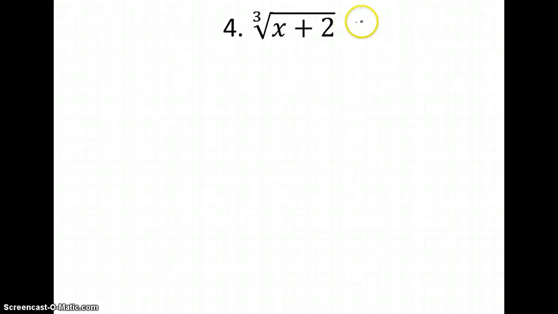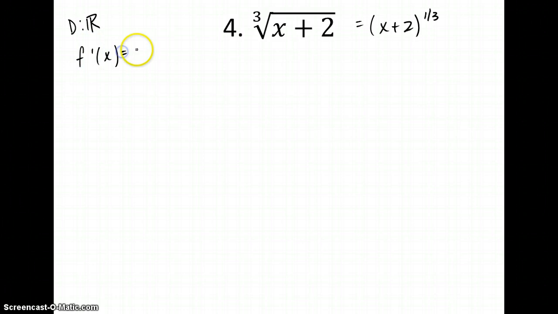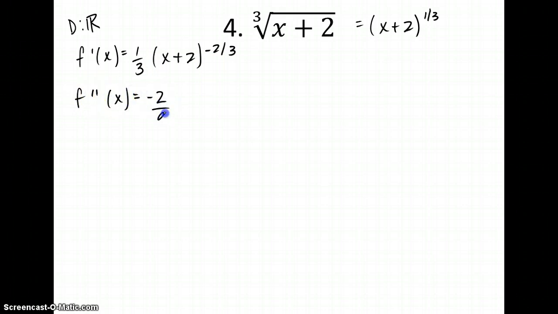Okay, so let's rewrite this as x plus 2 to the 1/3 power. The domain of this function is all real numbers. Okay, an odd root you can take of a positive and a negative. So first derivative is 1/3 x plus 2 to the negative 2/3 power. Second derivative is negative 2/9 x plus 2 to the negative 5/3. So now if we were to write this with a positive exponent,